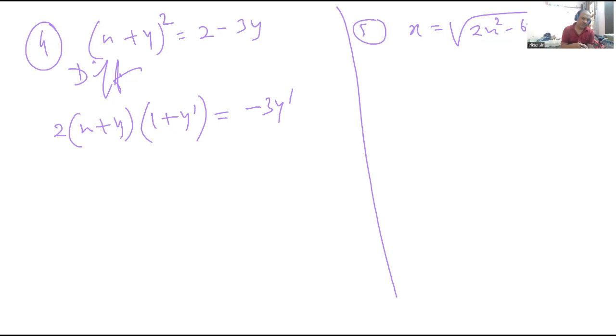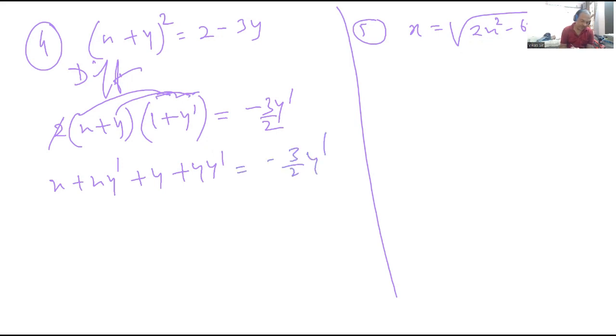First thing I have to do is multiply these things. I can take this 2 out from here and put it here. Now multiply it. I will be having x plus x y dash plus y dash. I have to multiply x by both these things, or y by both these things. Now this is x plus xy dash plus y dash is equal to minus 3 over 2 y